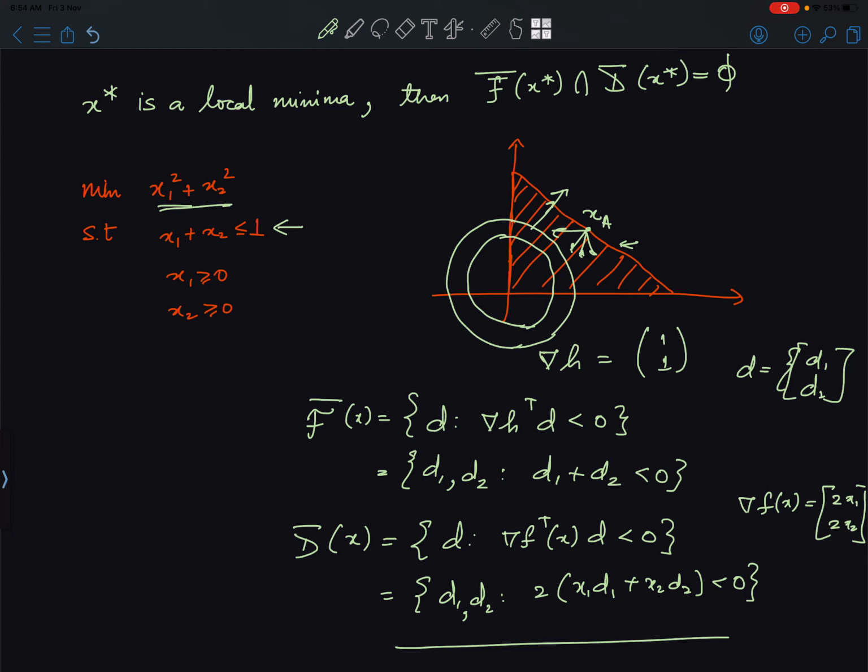So now if I have a local minima, which if I visually inspect, I'll see that this particular case is the origin, right? Then I should find that for x star, f bar of x star intersection d bar of x star should be a null set, right? So let's see this. So at x star, which in this case is 0 comma 0,